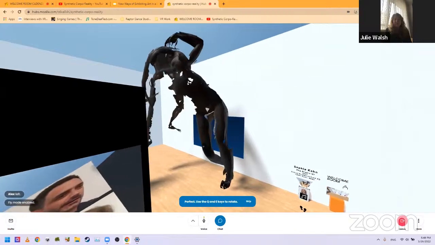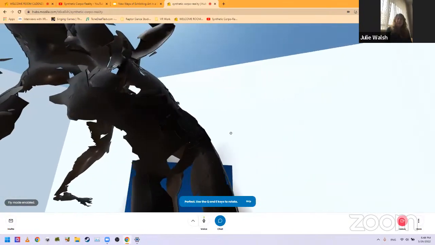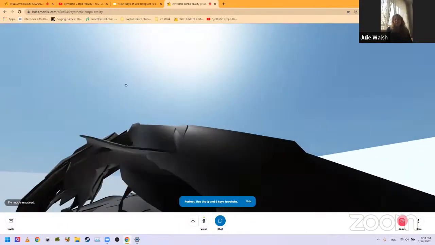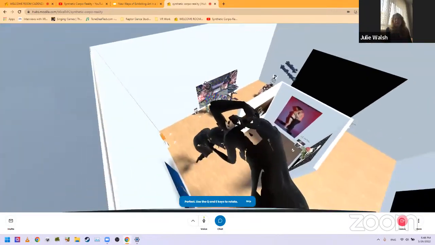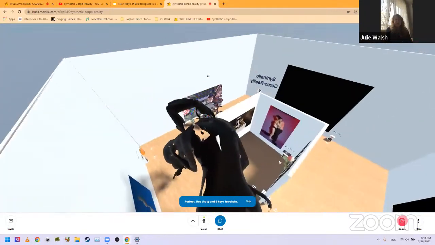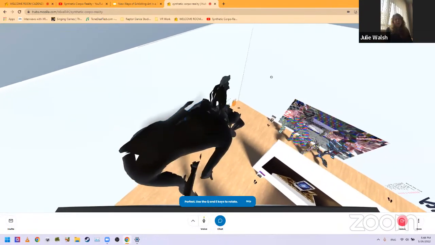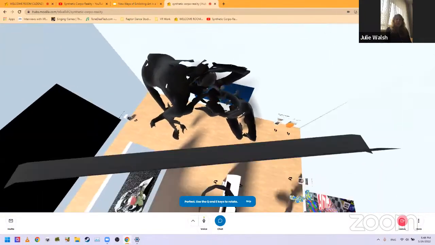Okay, so right now we are just flying above the exhibition, and then you can just actually fly up to the top of the sculpture. And this is a sculpture that the artist Sophie Kahn made with live Butoh dancers, which is an ancient Japanese dance form where the artists actually fall. And she would give them a prompt to fall.